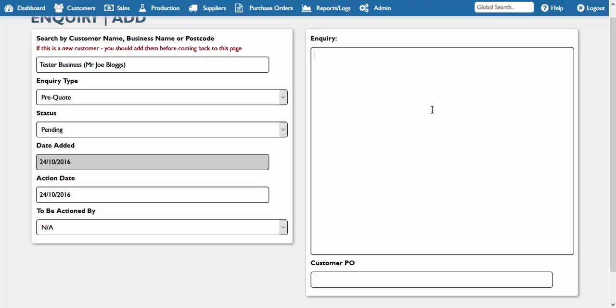On the right hand side, we have a huge area where any staff member can type the nature of their inquiry. Obviously you'd want to give as much detail as possible so that other staff members looking at it would know exactly what was happening, and you could note things like the date the inquiry came in, who you were speaking to, just general notes to give any other staff members a really good idea of what was happening with